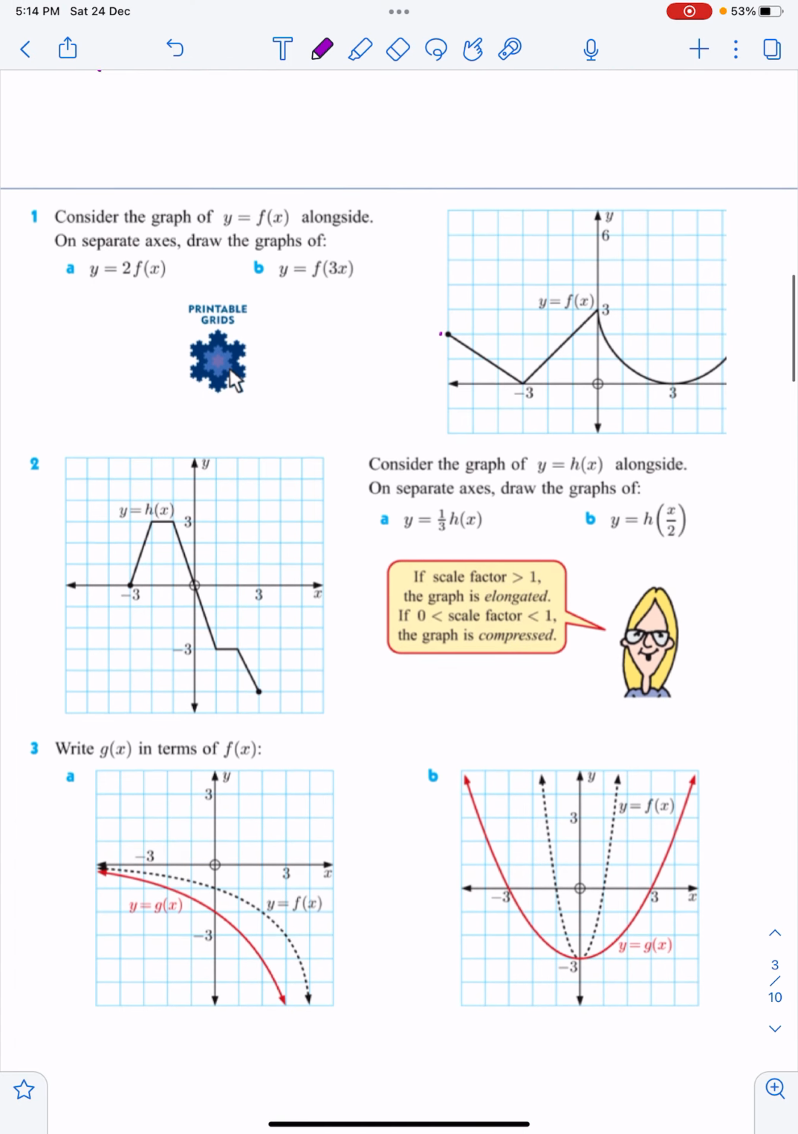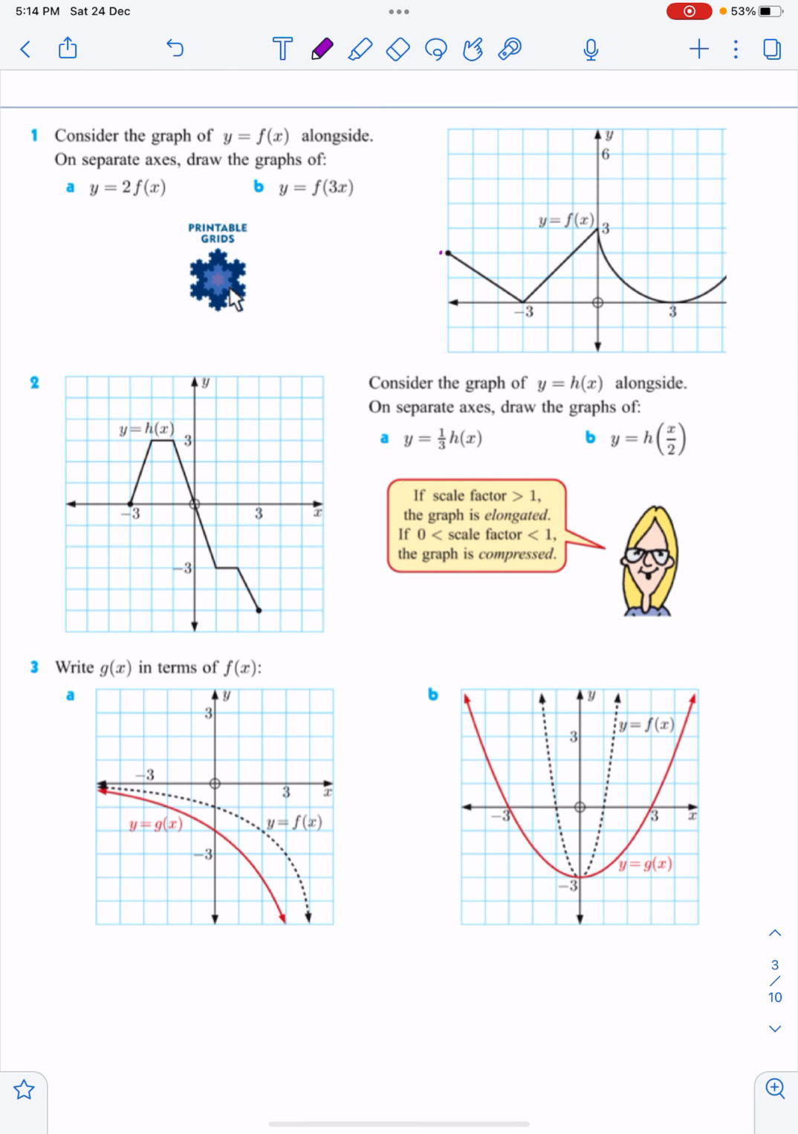Okay, starting with the next question, consider the graph of y equals f of x alongside. On separate axis, draw the graph of y equals 2 times f of x. If I just draw both the graphs on the same axis, this one we know is a stretch parallel to the y axis, or vertical stretch,